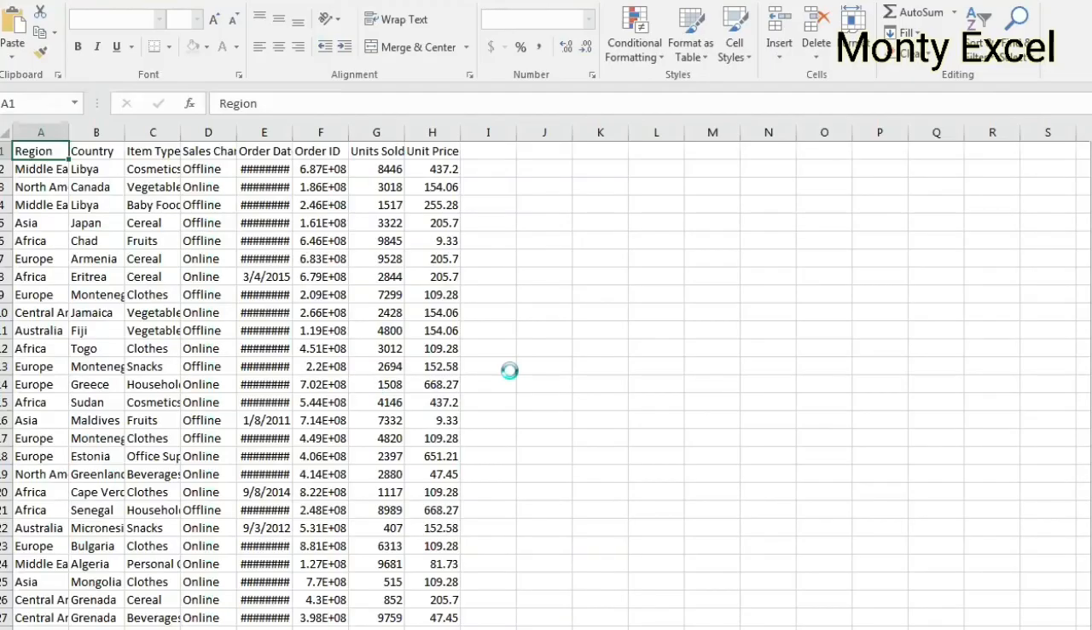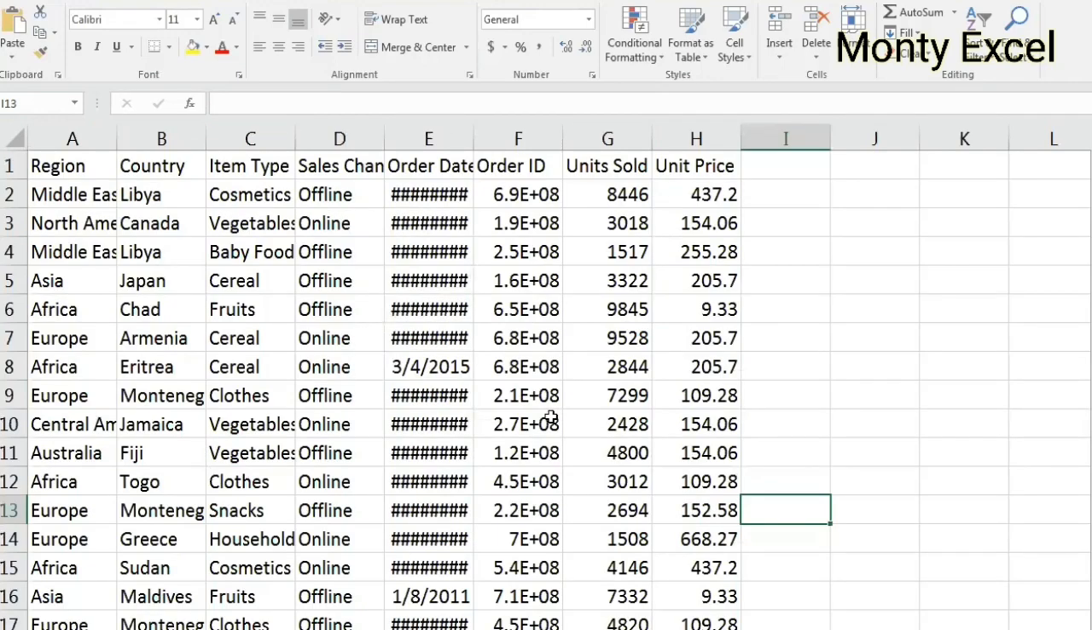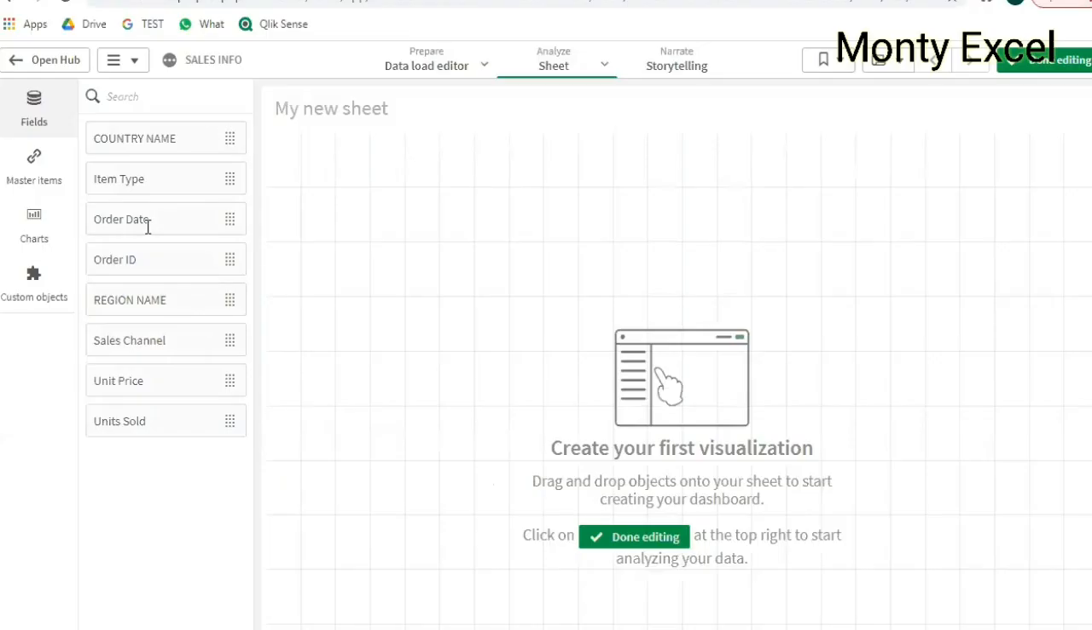Okay, my Excel is open, but to my surprise, I can't see region name as a region name, or country as a country name. It's still showing the same. Why? Because I'm not trying to make any changes to my Excel. My Excel will be Excel forever, but whatever changes I'm doing are only in my Qliksense, so that for presentation,